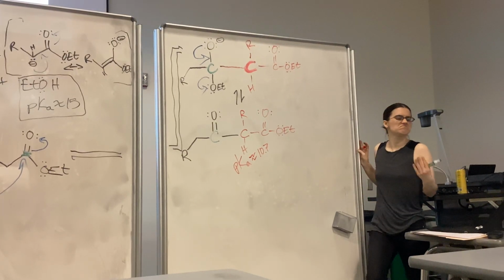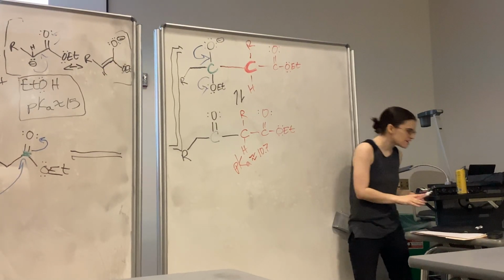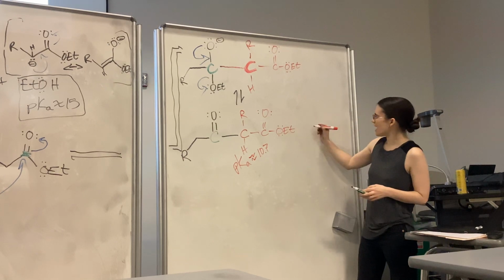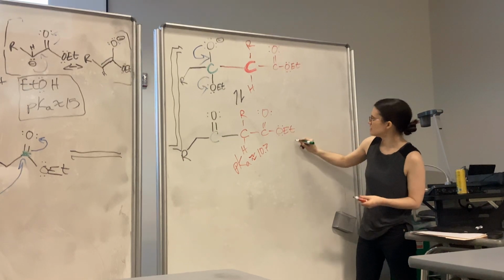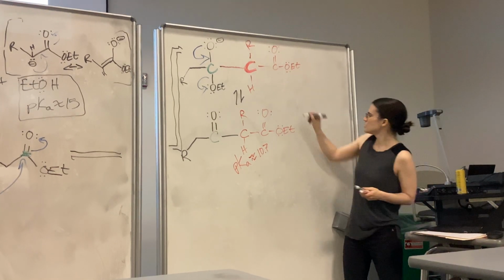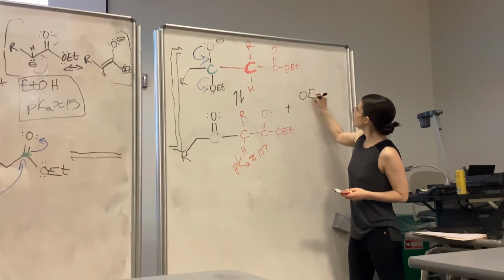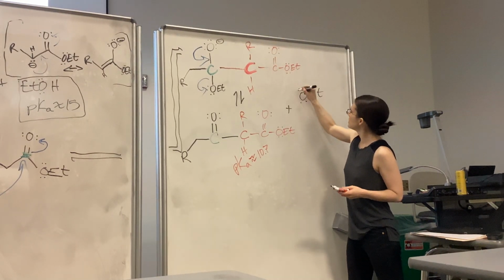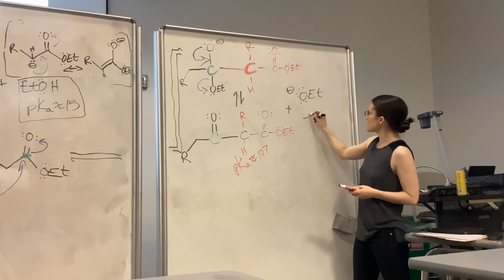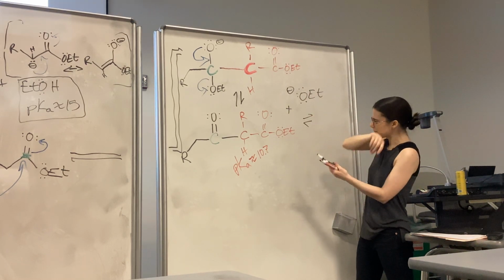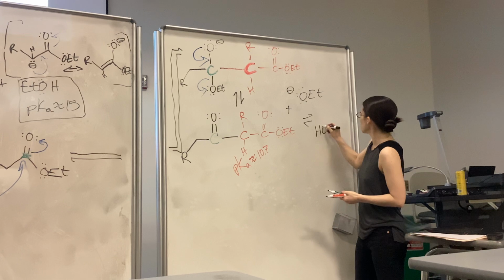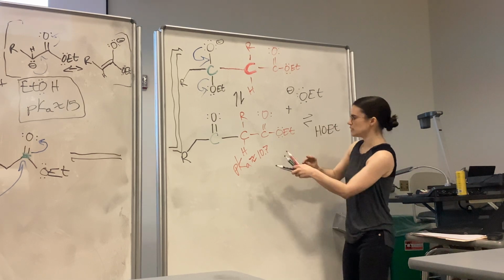So that's fine. That could be an all right enough estimate. And then we have that sitting in solution with OEt minus. And these guys can do an acid base where we get HOEt and we get